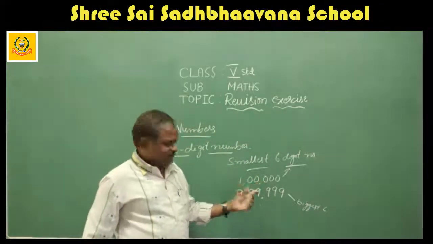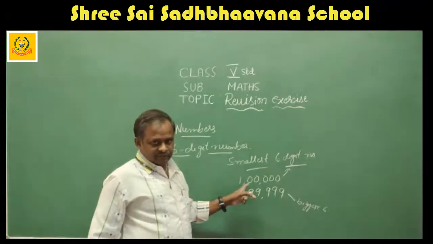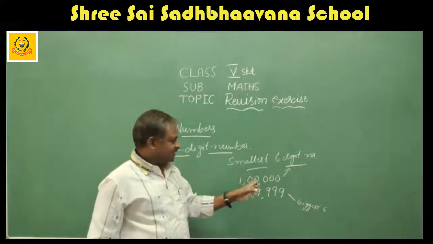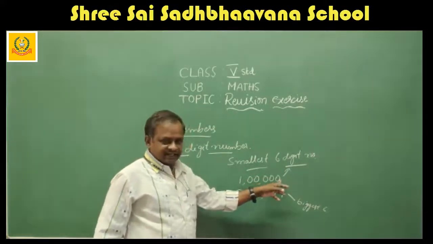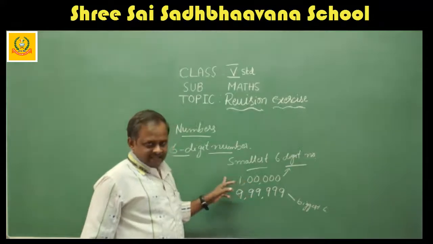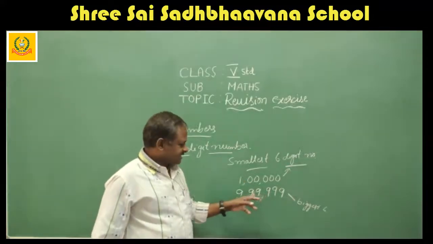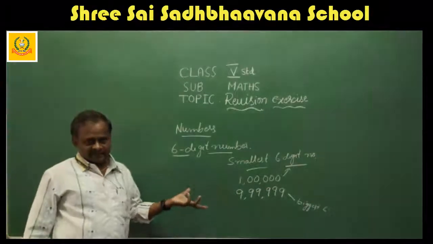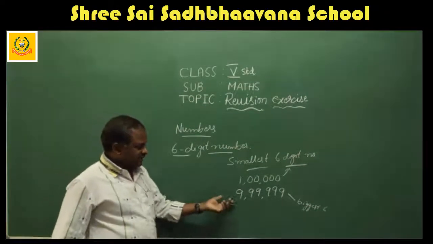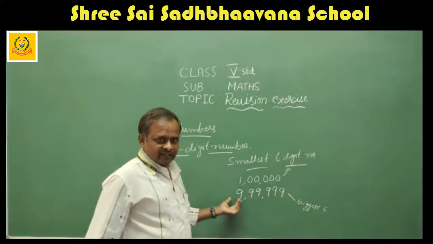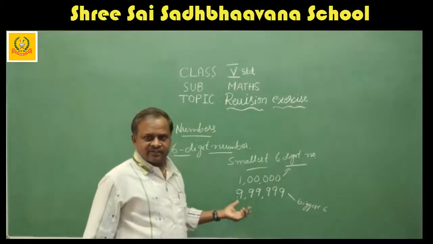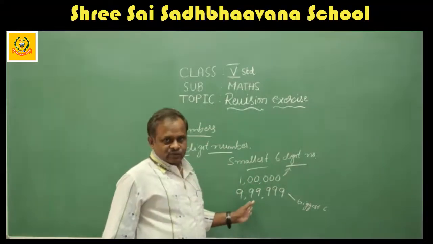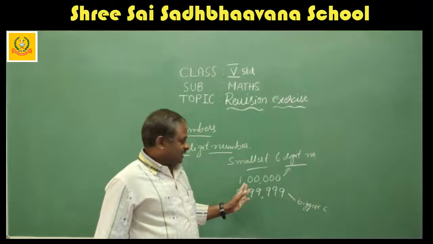You know very well how to read. Why we are putting commas, you also know, to facilitate reading the number. That means we are dividing up to here hundreds, thousands, next lakh. You know very well the face value and the place value. Face value means the number which has its own value, that is 9. 9 means 9, the face value is 9 only. Place value depends on which place it belongs to.